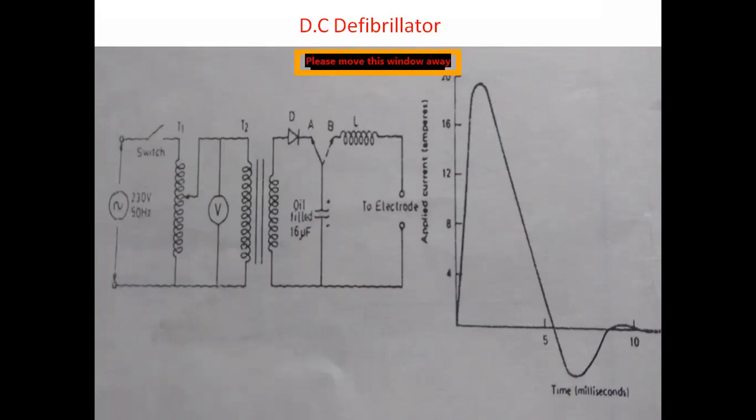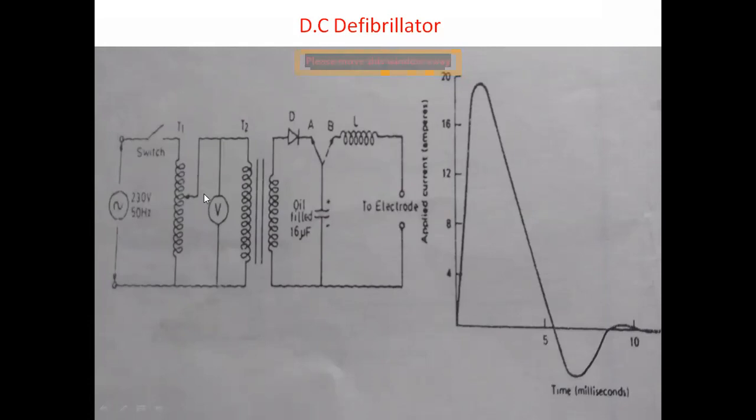Okay. So it's like a potentiometer. But here there is no resistance. It is a wound coil. So when the position of the switch changes, the output voltage also changes. Okay, and that change in voltage is observed by a voltmeter. So we should know how much voltage we are going to apply to this transformer T2. That's why before applying the voltage to the transformer, we have to note down how much voltage it is producing from the auto transformer.